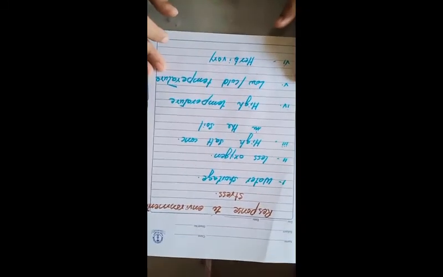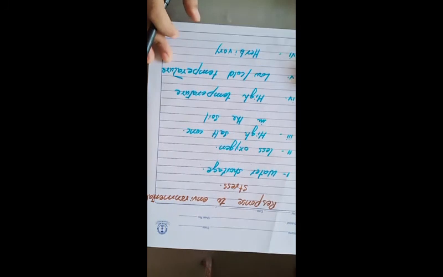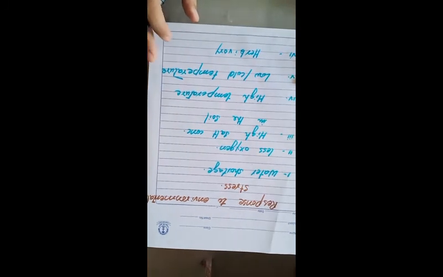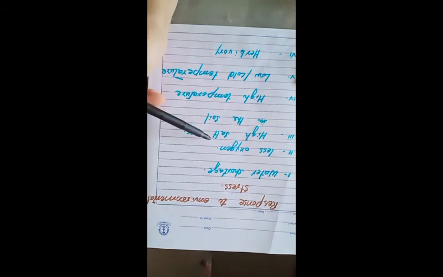Plants may have many environmental stress conditions, and plants respond against these conditions. They try to maintain their activities, they try to survive during the distress condition. They have an internal system which tries to survive. So plants respond to environmental stress. These are the stresses which plant may handle: water shortage, less oxygen, high salt concentration in the soil, high temperature, low temperature, or herbivory. Let's discuss each one by one.